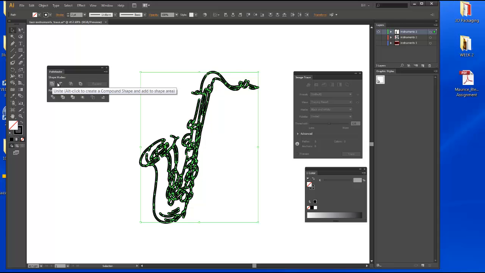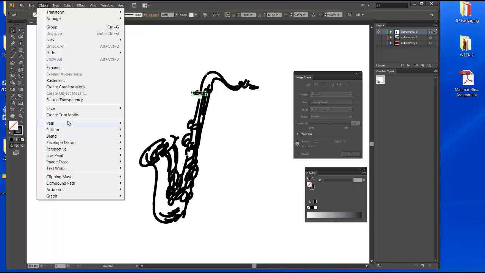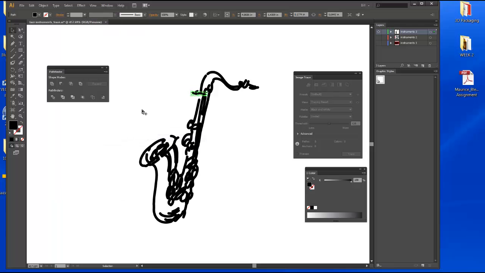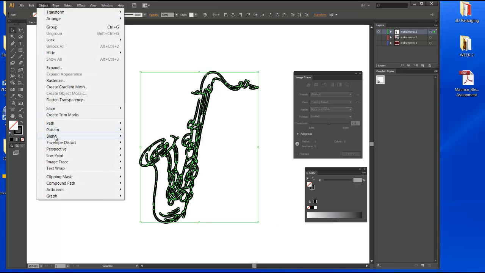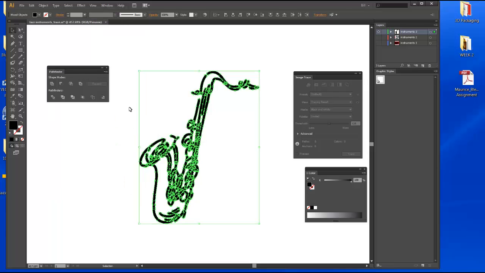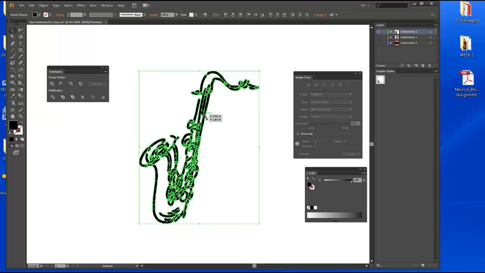Nope, it's not. Let's see, what's going on with this that this isn't working? Oh, I know what it is. Stupid me, I forgot a step. Object, Path, Outline Stroke. Oops, it'd be nice if I selected the whole thing. Object, Path, Outline Stroke. Okay, so first of all, before I do this, I have to make these into path objects,